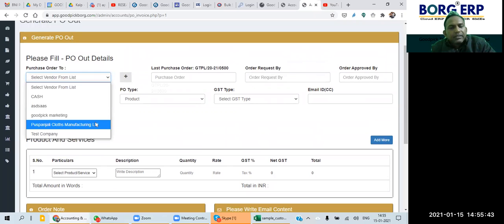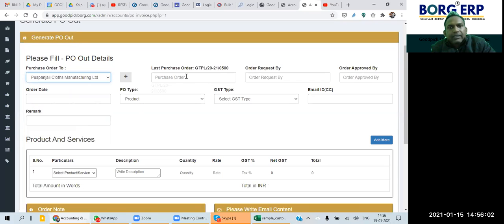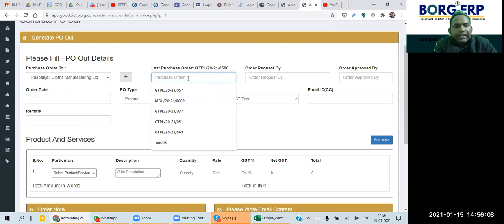So you'll go to the supplier. We have already built our vendor supplier list before training. This was the second most important master in our application in the case of accounts. So we click on any of the suppliers, then this is the last PO number, and we can also generate another PO.